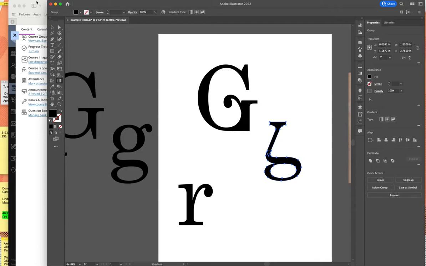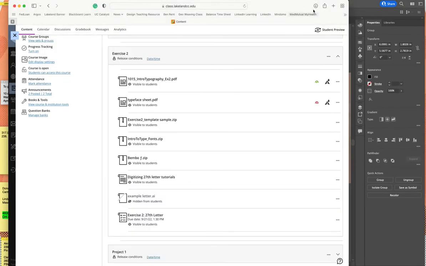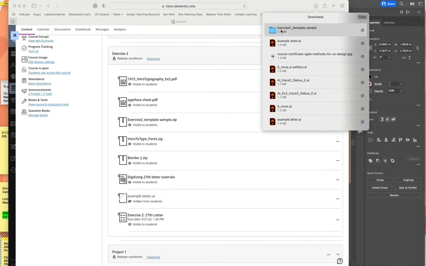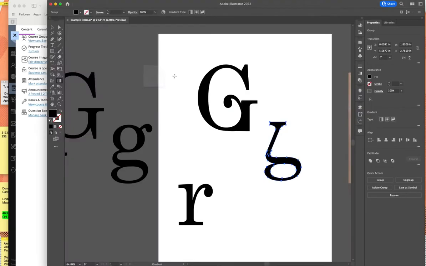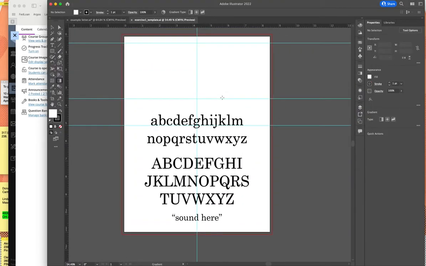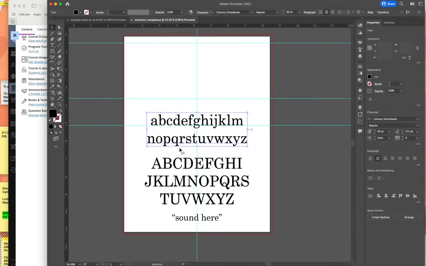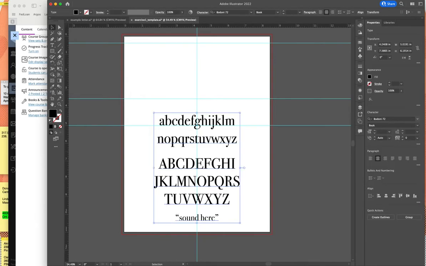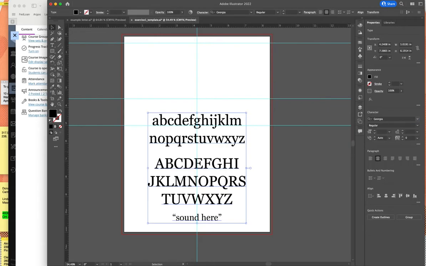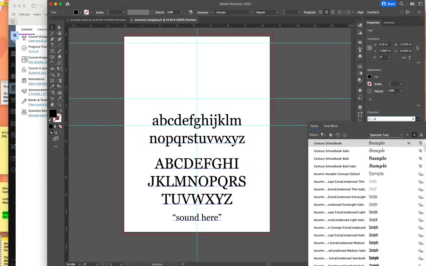and then I'm going to open my template. So I downloaded the template. It should be in this exercise template sample, and it's right here. So my typefaces are already Century Schoolbook. If you are not using Century Schoolbook, you'll want to select all of this type and change it to whatever your typeface is that you're working with, whether it be Bodoni or Georgia. That's how you'll want to change that first. I'm going to go back to Century Schoolbook,